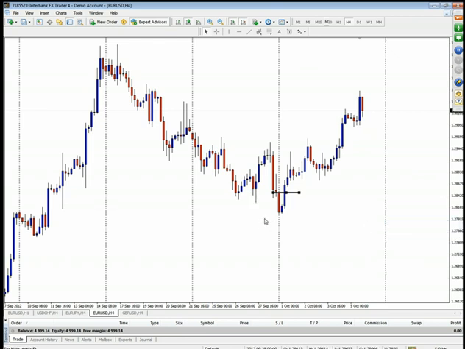Okay, so basically now what we're going to learn is the Fibonacci pullback. Now this is a little bit more complicated. Okay, it's going to take a little bit of practice on your guys' part to learn how to draw these Fibonacci levels and where they're from, because